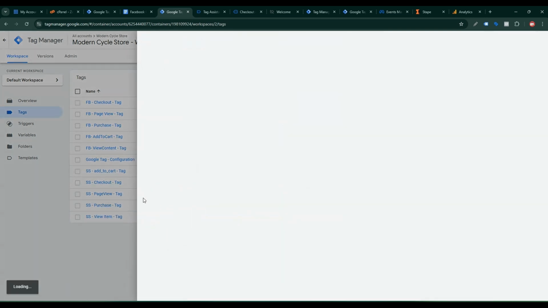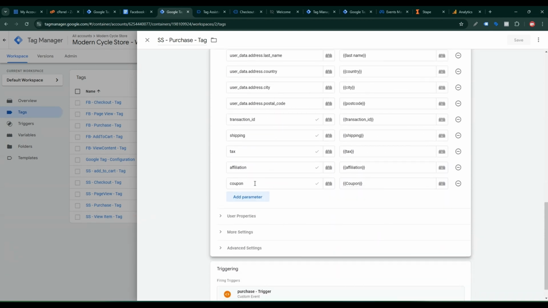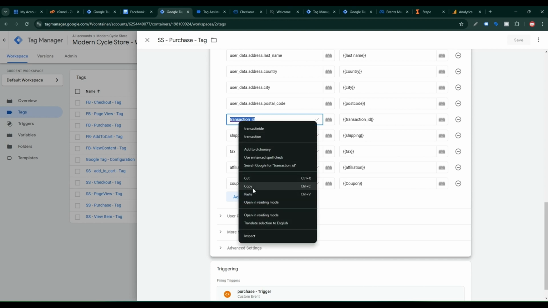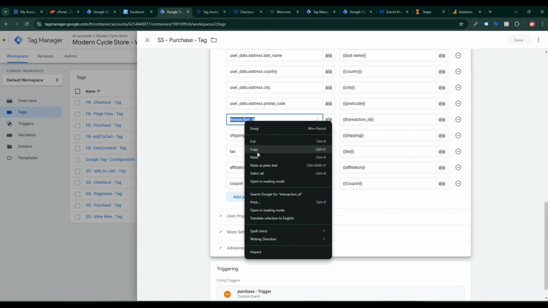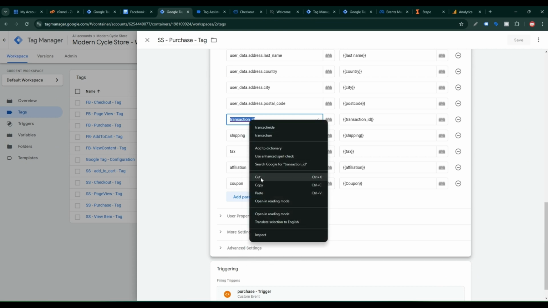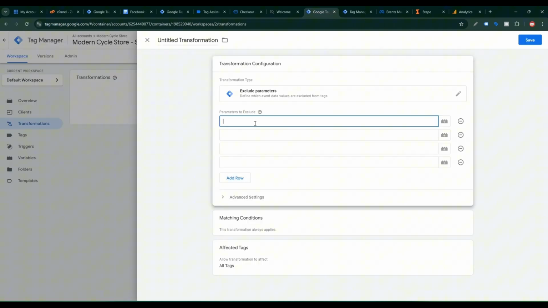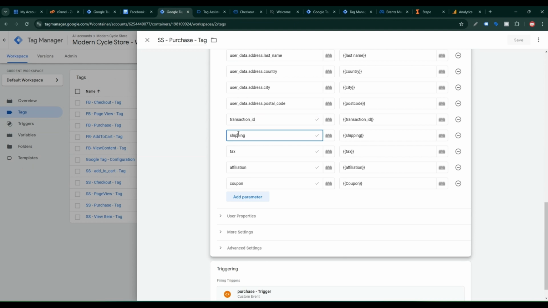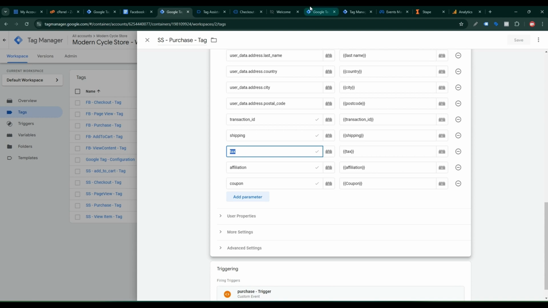Then go to Google Tag Manager web container, then click purchase. You can see that coupon, affiliation, tax, shipping, and transaction ID are not useful for Facebook, so I will remove them for Facebook. So copy this transaction ID, then paste here, then again copy shipping, then paste here, then tax, paste here, then affiliation,